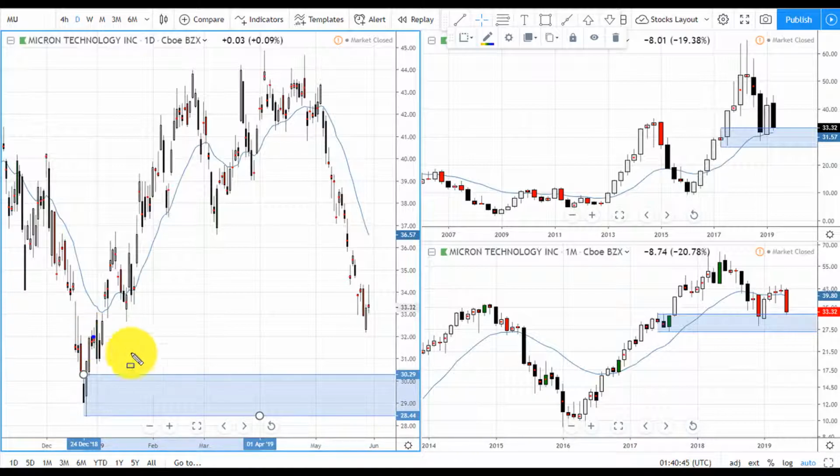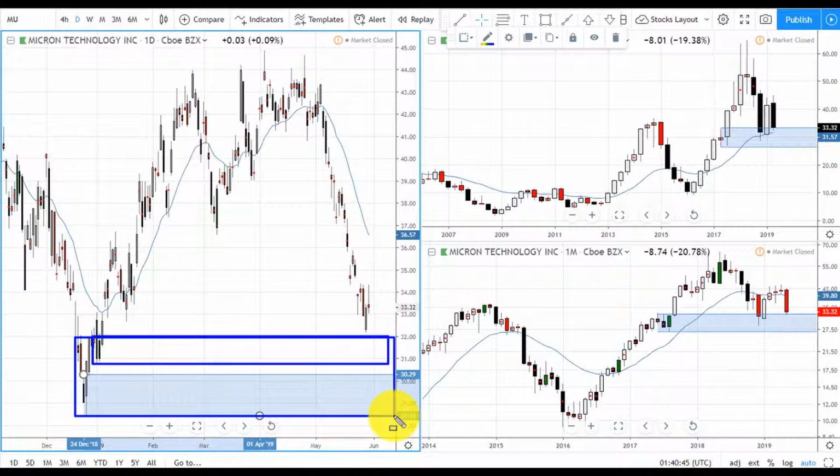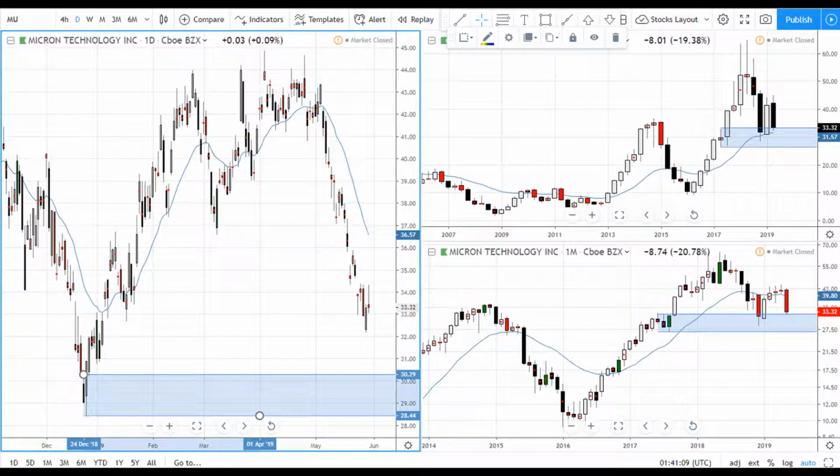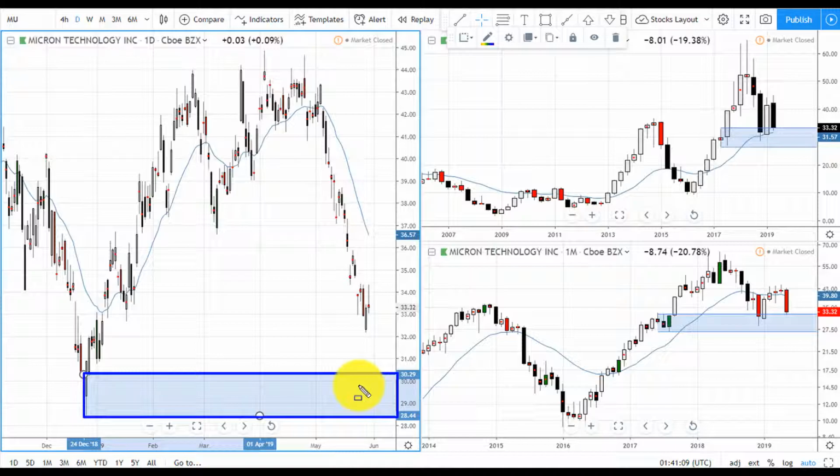So essentially on the weekly, we're giving it time to work on this demand zone and also down here. So we're using this whole range on the weekly, but on the daily we're only using this demand zone here. So if price penetrates the weekly into here, then our daily demand zone will get triggered and we will go